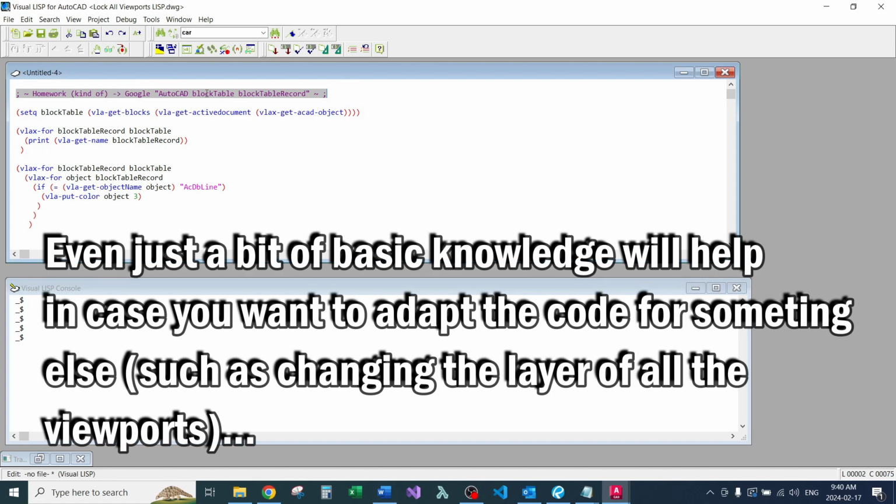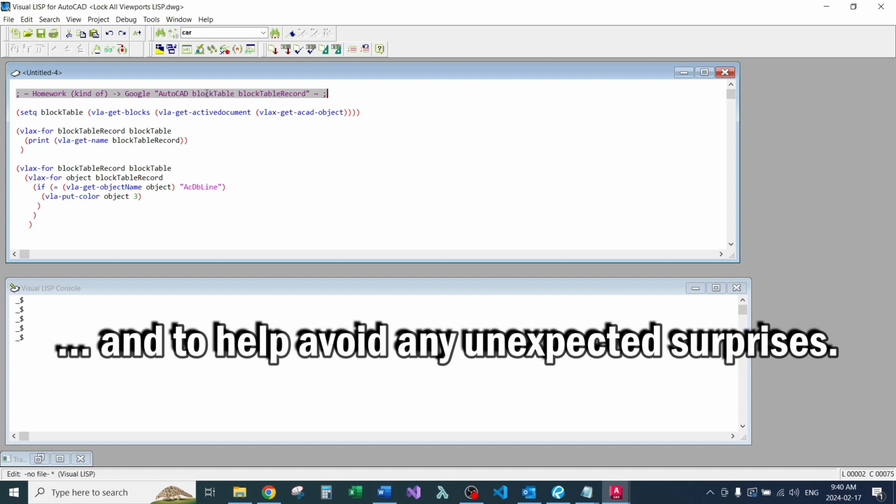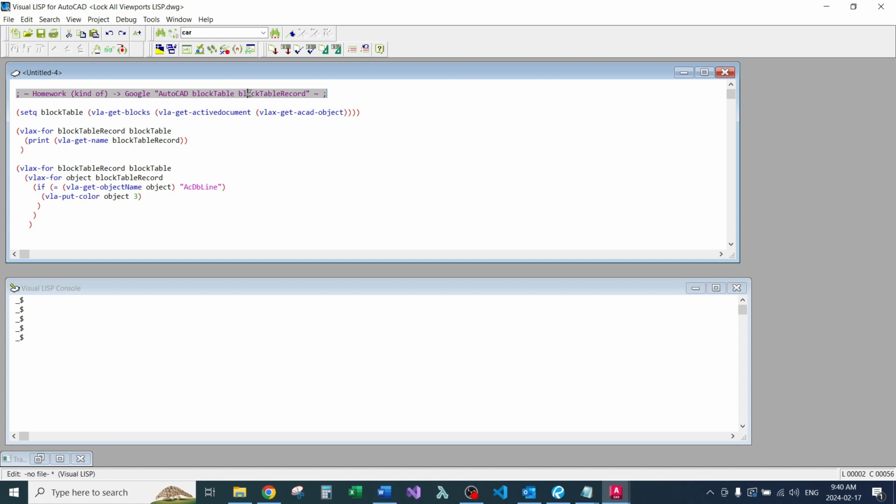I'm going to be working with block tables and block table records quite a bit. For someone coming from more of a drafting background and seeing these terms, you might want to associate them with what you'd call a block when you're actually drafting in AutoCAD, a block or a block reference. But these are a little bit different. A block table record can actually represent a block, as we're going to see in just a bit, but